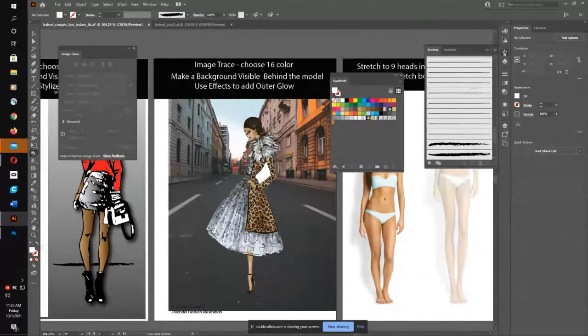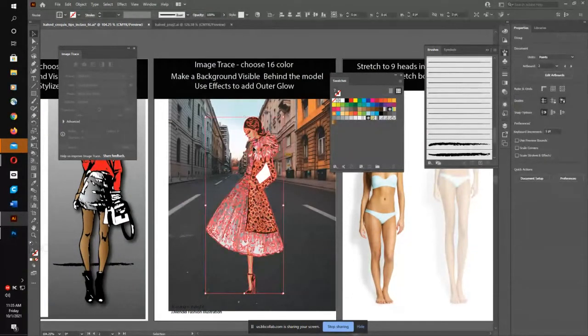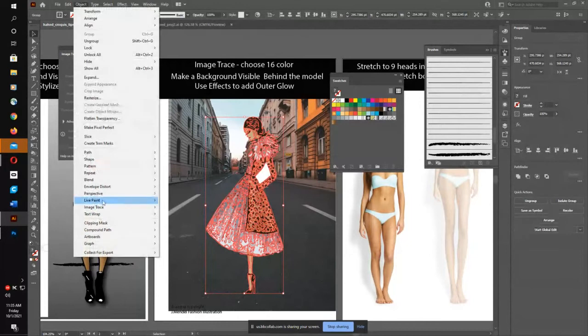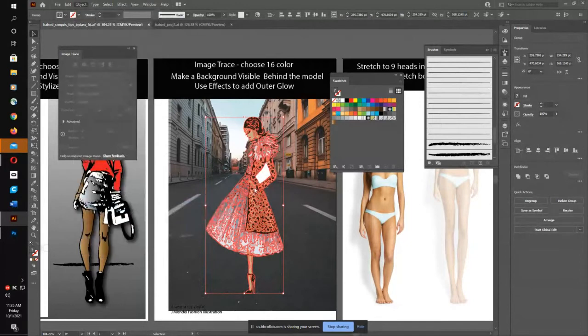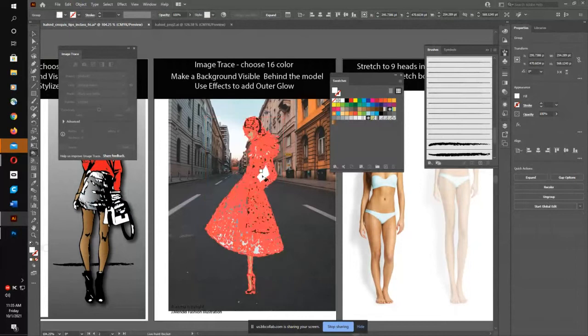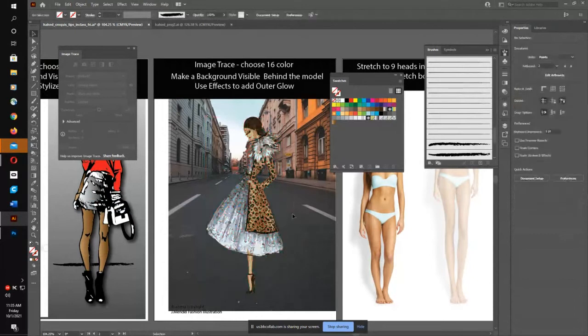won't let me paint because I haven't turned this into a live paint object. So object, live paint, make. And I'll get my paint bucket tool and I'll choose no color. It's my selection tool. So you can see I'm having a little bit of trouble distinguishing the details of this photograph and my croquis. You could lighten the opacity of your photograph if you don't want to mess with your croquis, but I